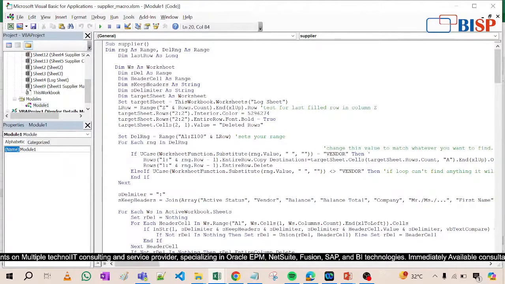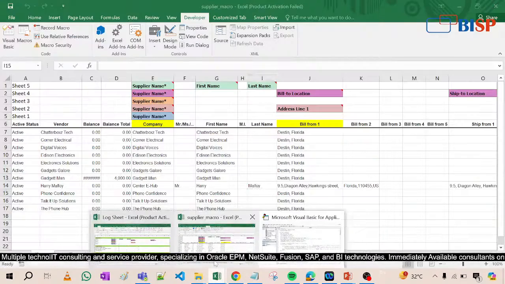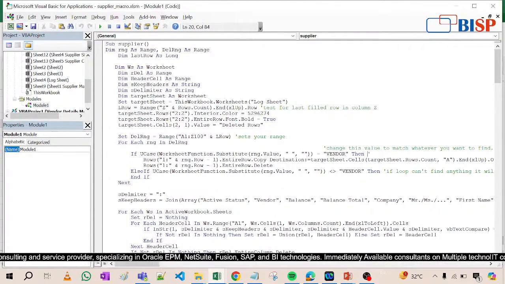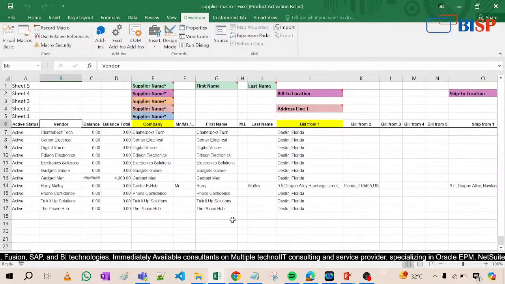If it's a vendor, now let me show you parallelly also. Wherever you will see the vendor part, right? Vendor part, where it is, yeah. Then row 1 colon, entire row range, copy to target sheet. Now see here, copy to target sheet, row column A. Just a second. Offset is here. Here is vendor, and then the if loop. So we have applied a loop here